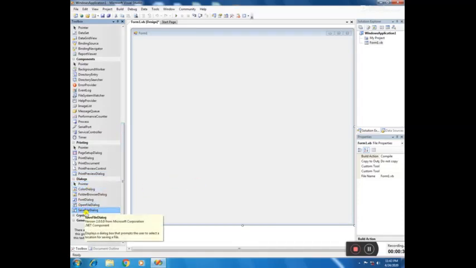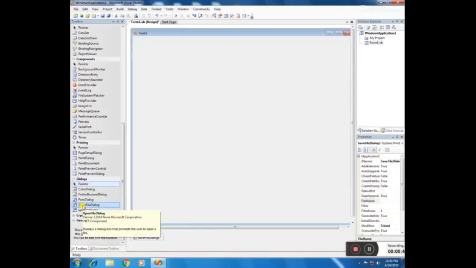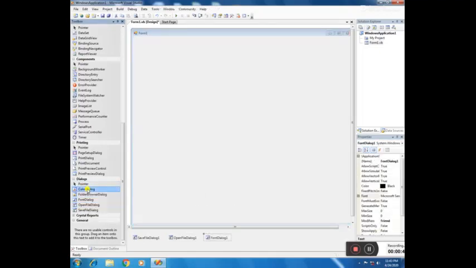Select the Save File Dialog, Open File Dialog, then select one Font Dialog, then select one Color Dialog. First one is Save File Dialog, Open File Dialog, Font Dialog, Color Dialog. And for all these 4 dialog boxes,